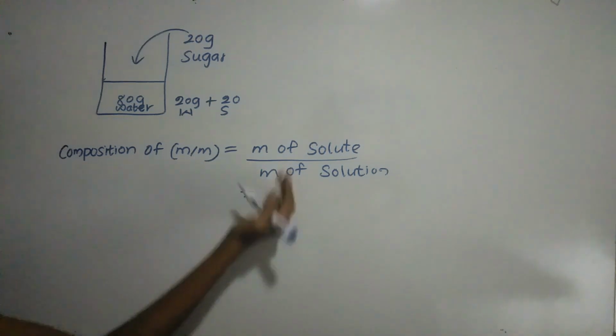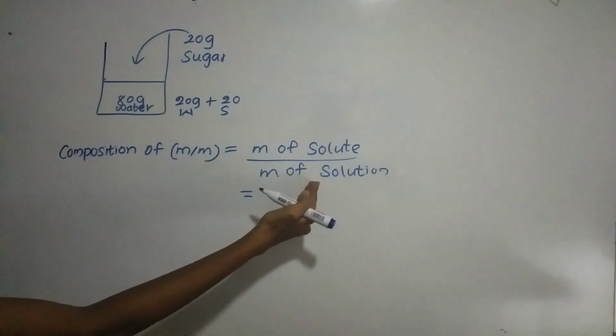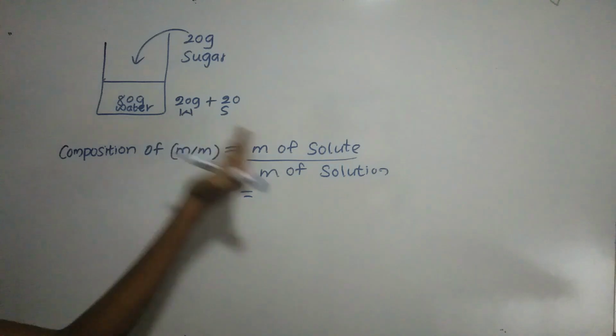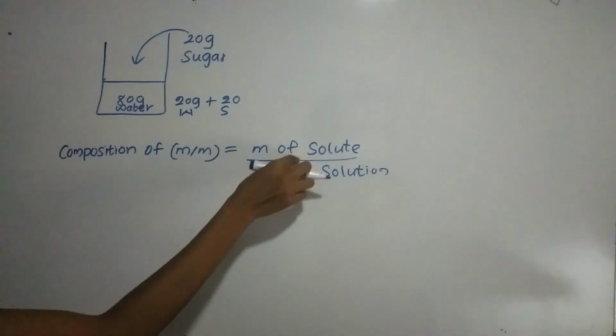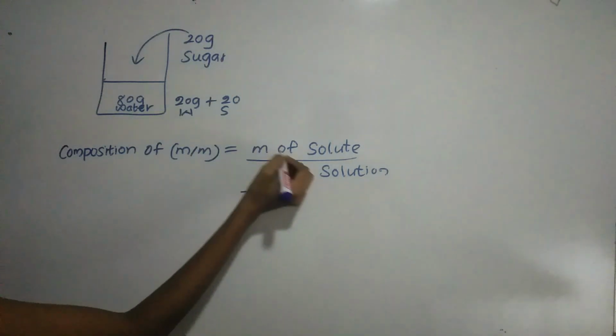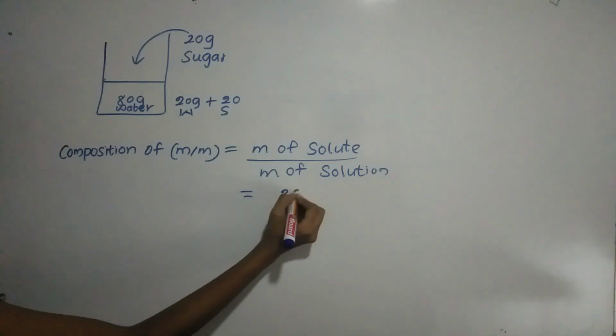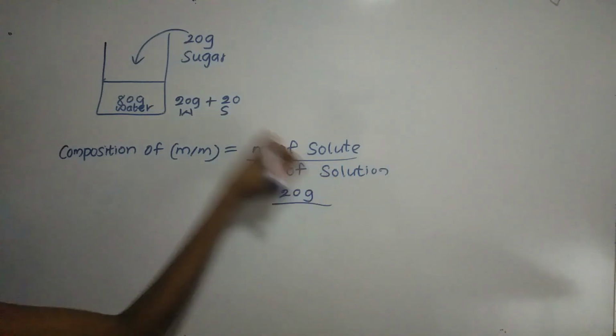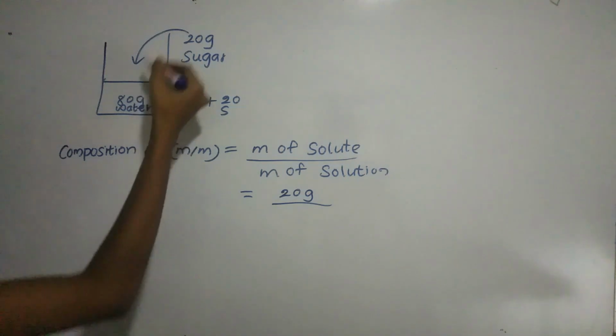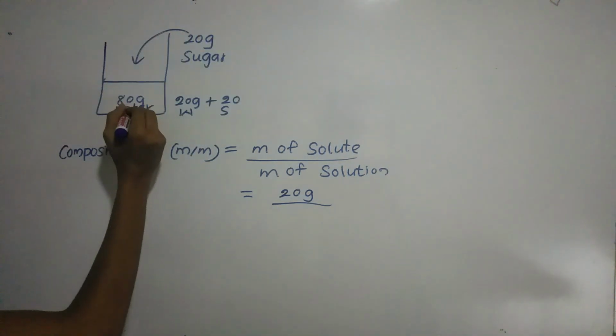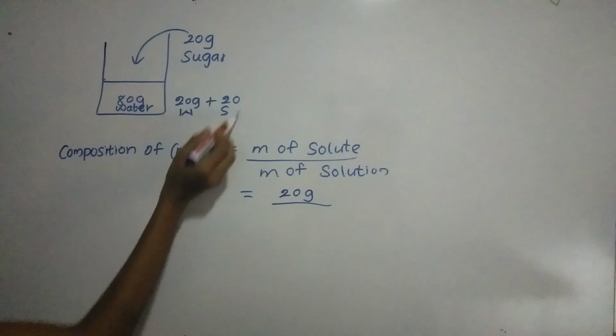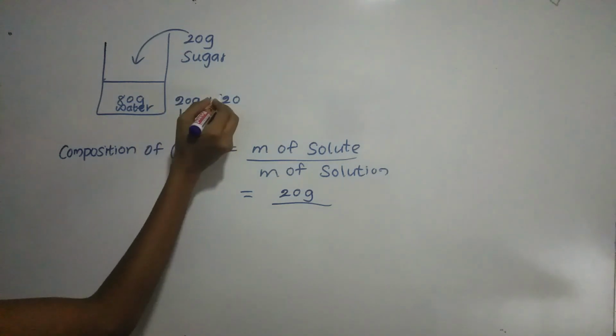We can take this as mass of sugar over mass of sugar plus mass of water. Here the solute is sugar. So the mass of sugar is 20 grams. And the mass of the solution. Solution contains 20 grams of sugar and 80 grams of water. That means the mass of the solution is 20 plus